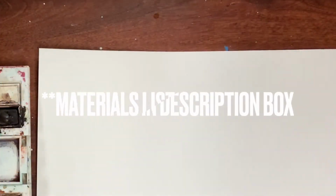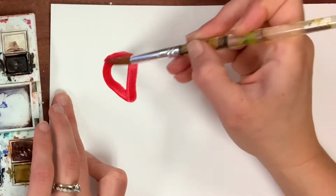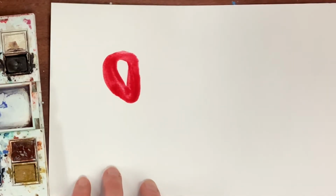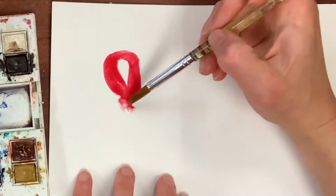Today I am using my Winsor Newton Travel Palette watercolor set and a piece of Canson paper that I'm going to be using as a card. So this is such a great Christmas card because basically you're going to be painting blobs of color to represent